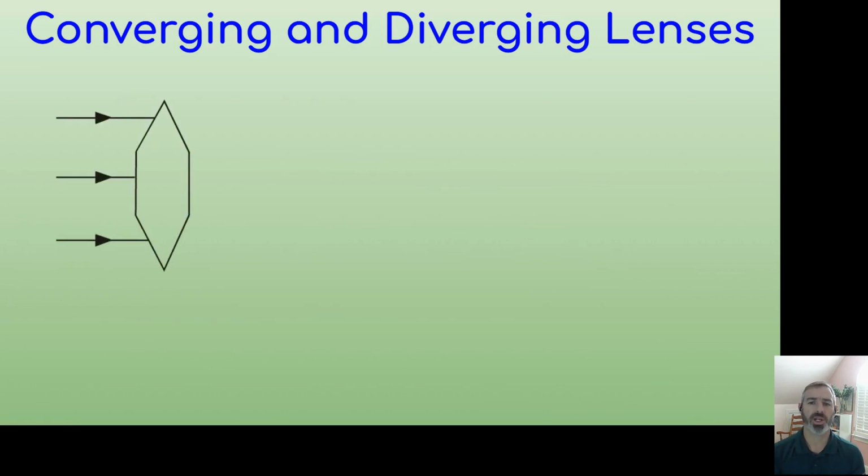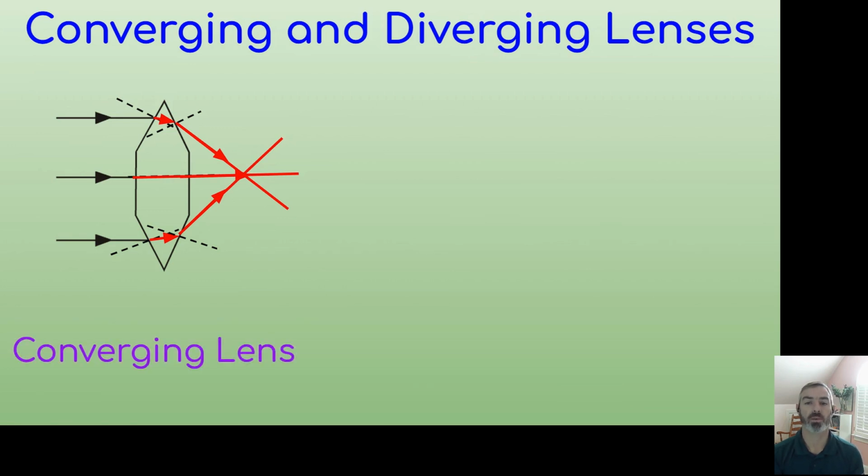So here's a diamond shape that we're going to use to show how the light refracts as it goes through with straight edges. So we're going to draw a normal line at each surface, and we know that the one in the middle is just going to go straight through since it's traveling along the normal line. Each of the other two going from less dense to more dense, we know that the angle is going to get smaller in relationship to the normal, so we can draw the normal line at the other surface. We know now we're going from more dense into less dense, or a smaller index of refraction, so the angle gets larger. We can see that those rays of light intersect on the opposite side, which means this is called